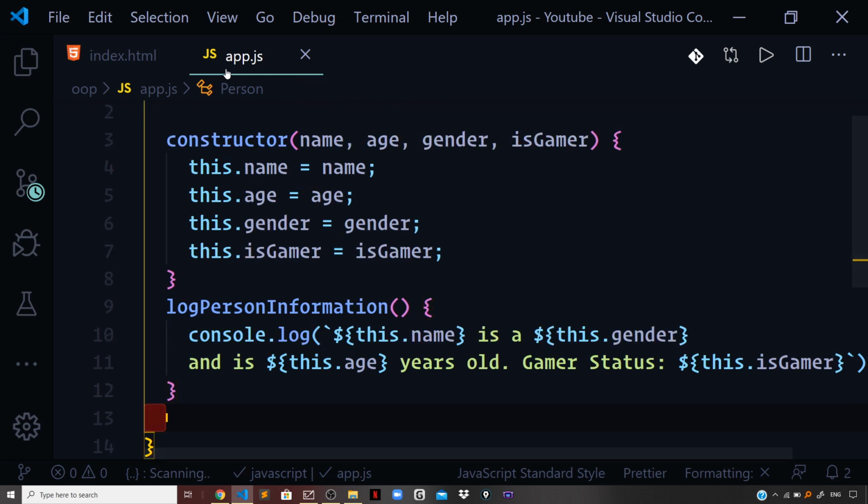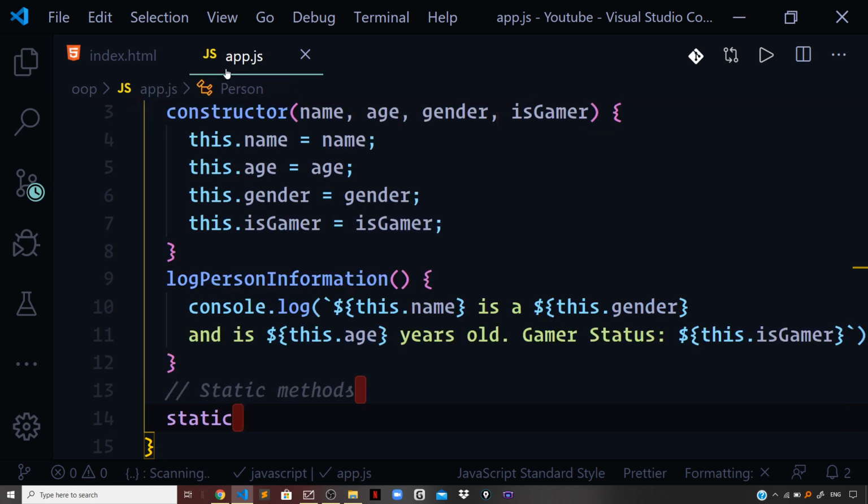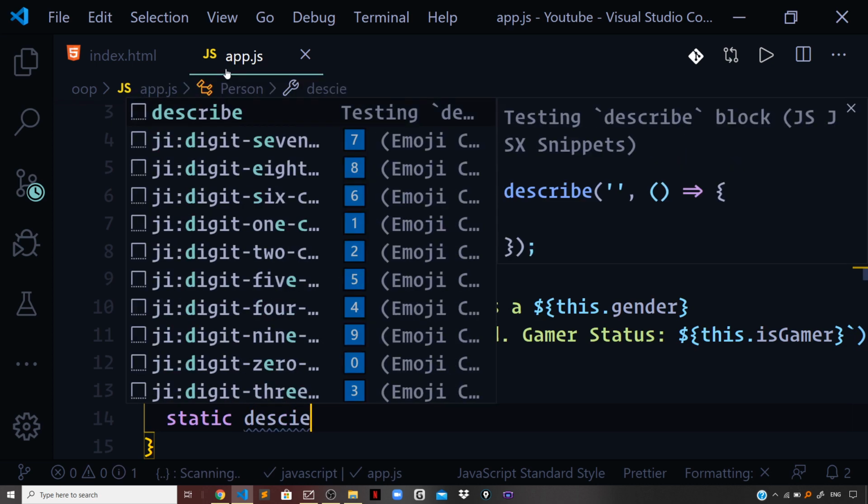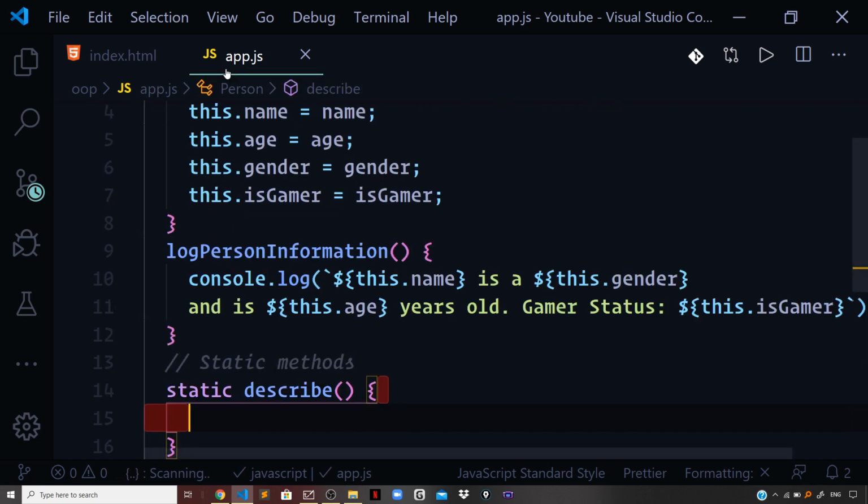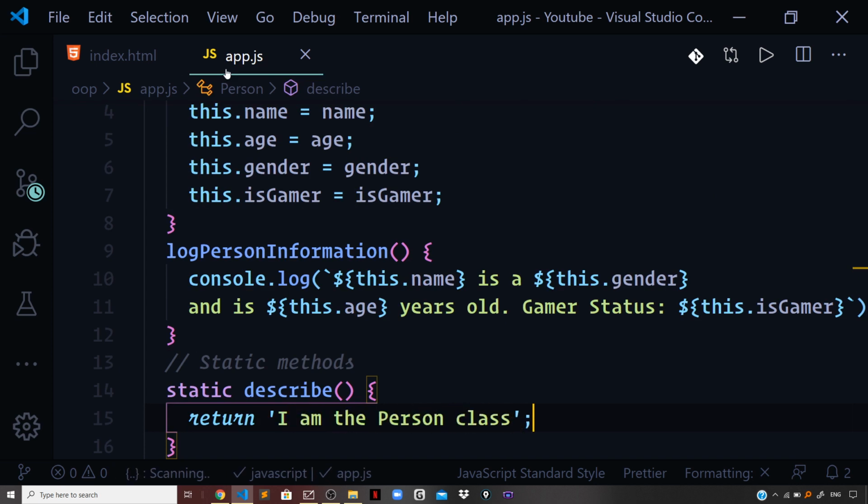So I will write a comment here and say static methods. Static means that we are defining a method on the class and not on the prototype. So we're defining on Person, the Person class in this case, and not on Person.prototype. The logPersonInformation method is sitting on Person.prototype because it's a normal instance method. But static methods are defined on the Person class and not on Person.prototype. So static describe,